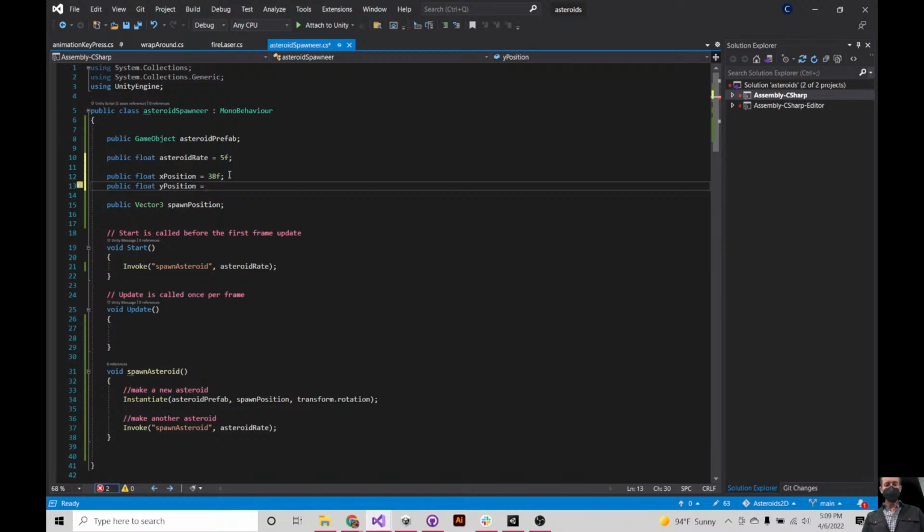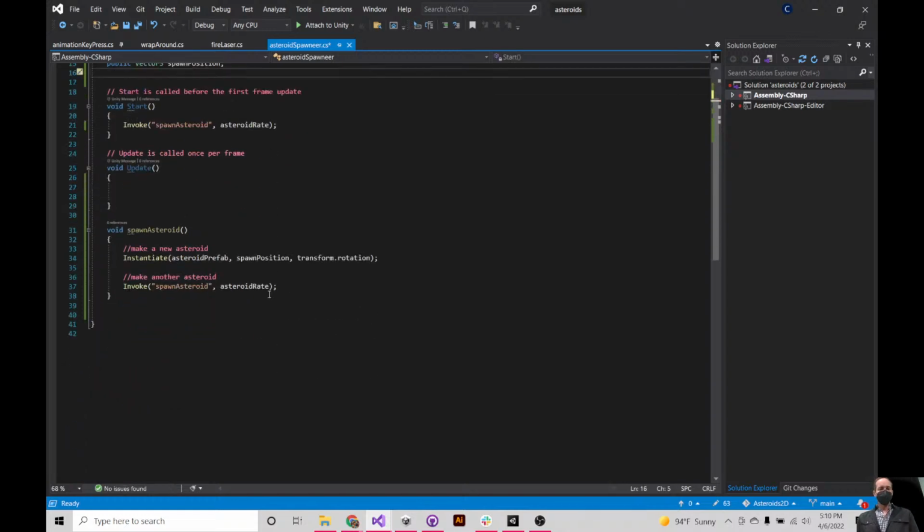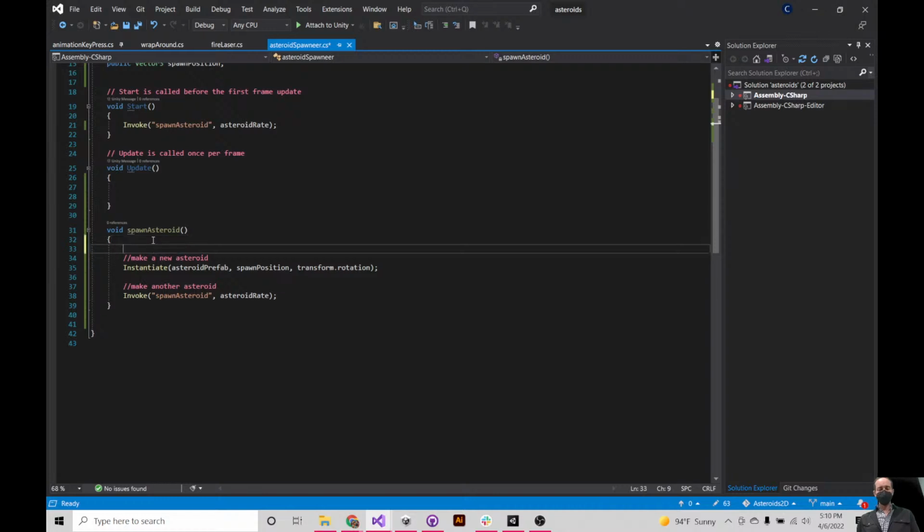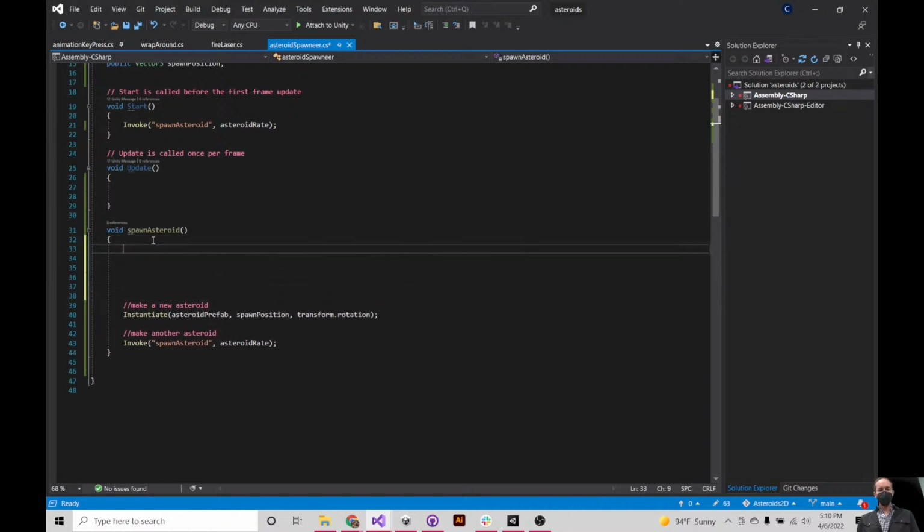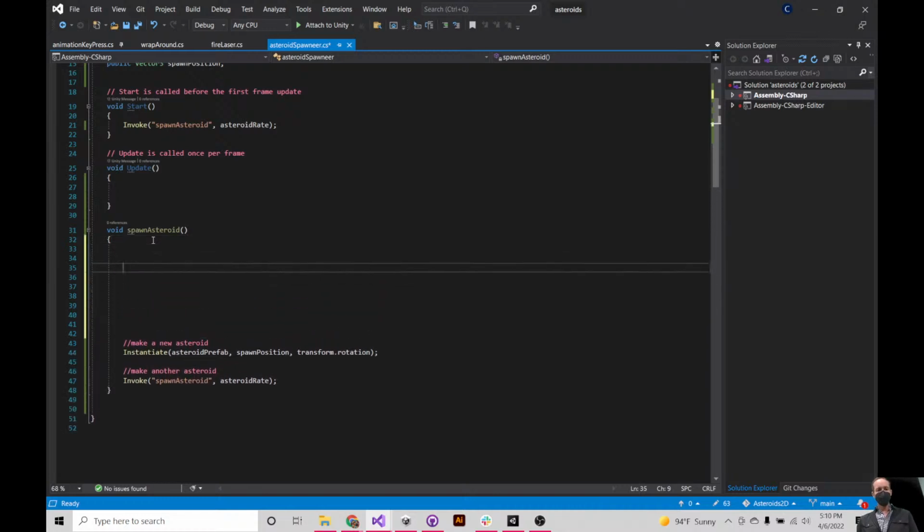Our z will just be 0. And so here, we need to do some randomization. Those 4 positions